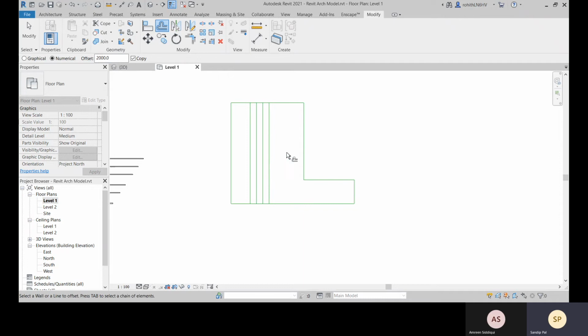Suppose you want to move this 2000, then don't use copy, select this. This way you can extend it to a particular distance if you don't select the copy option.